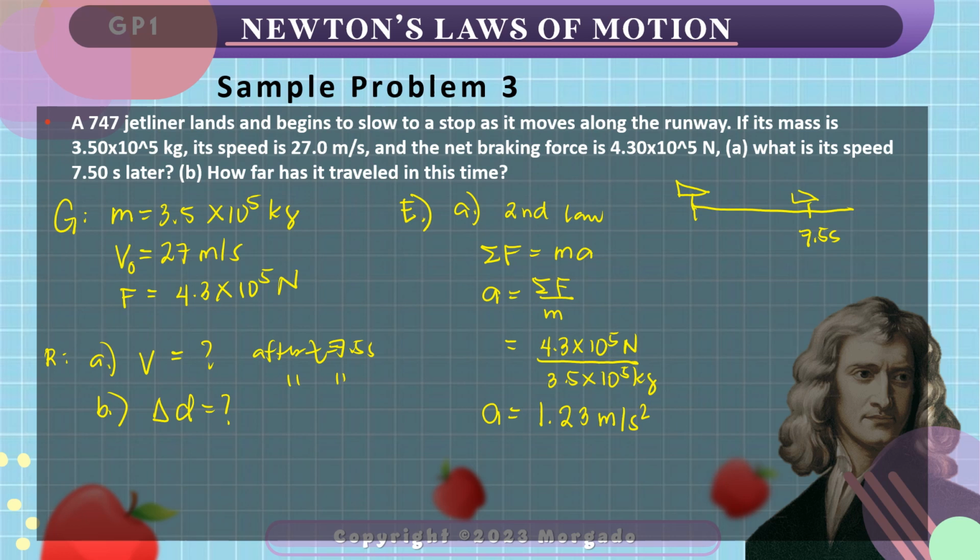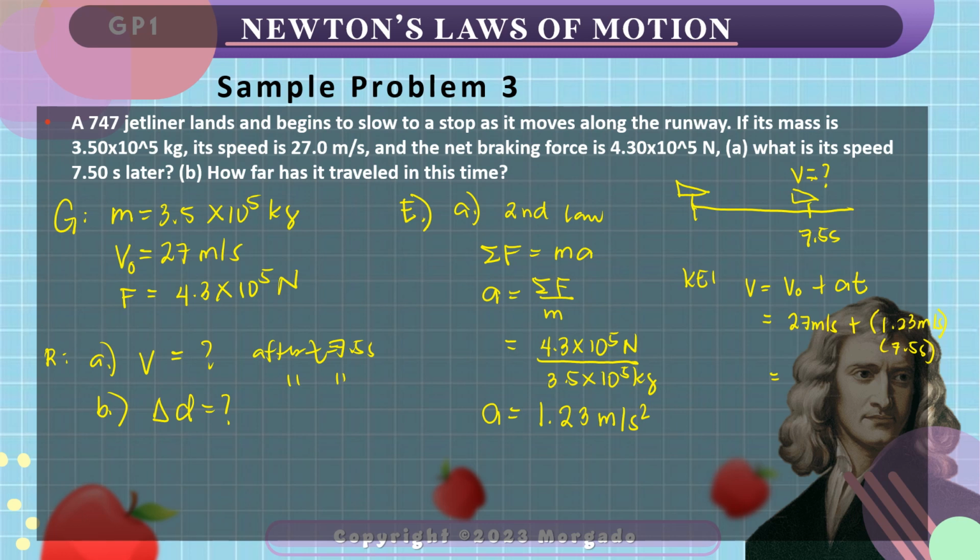Now, in letter A, it is asking for the speed of the object after 7.5 seconds. So we use the kinematic equation we learned in the first quarter, kinematic equation 1, where V final is simply the V initial plus the product of acceleration and time. Substitute the values, and V naught is given in the problem, 27 meters per second, plus the calculated 1.23 meters per second squared times the time, 7.5 seconds. The answer is,